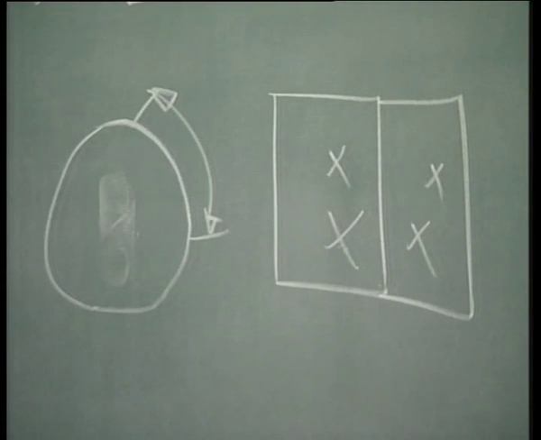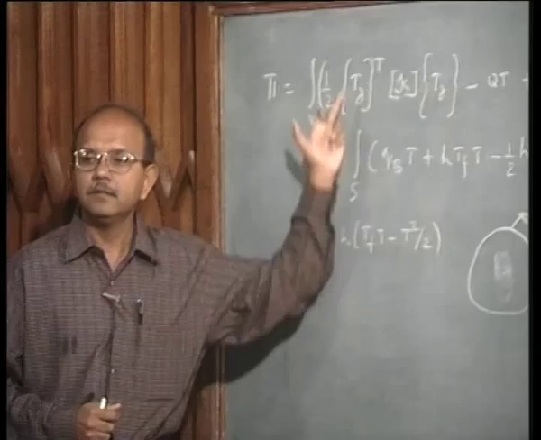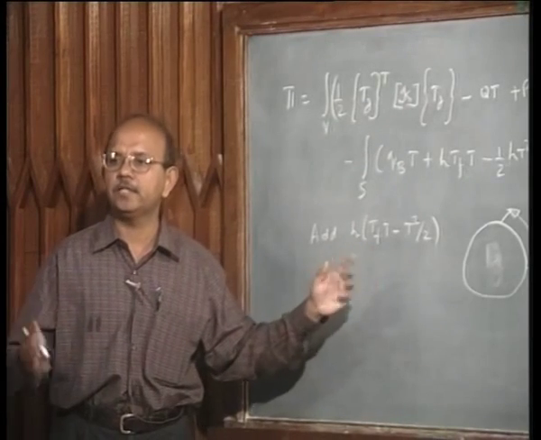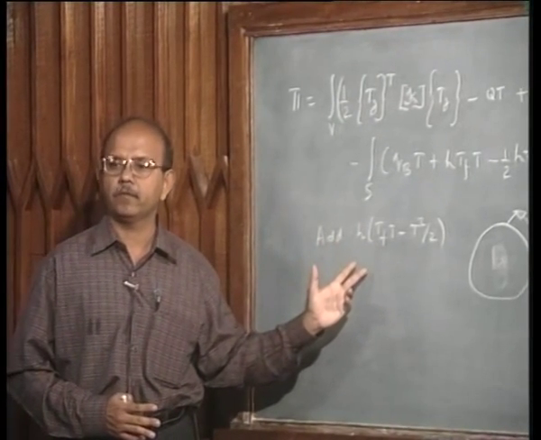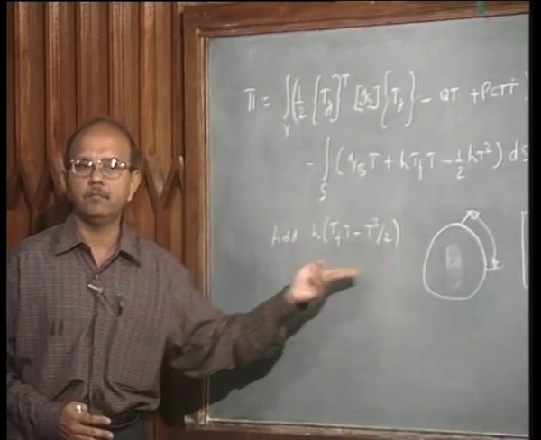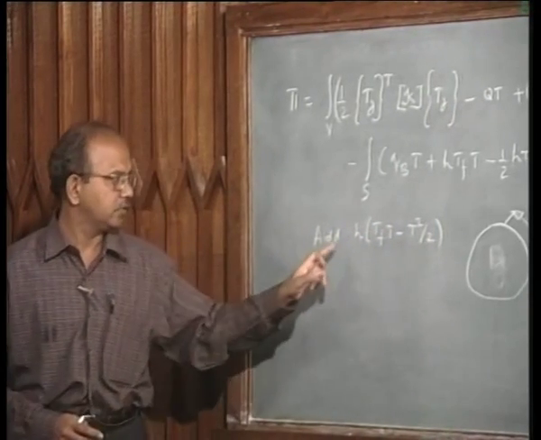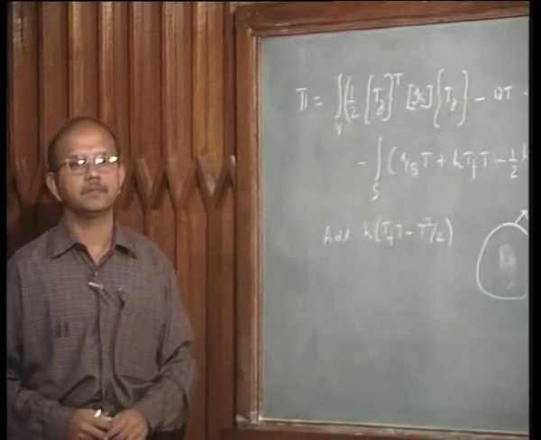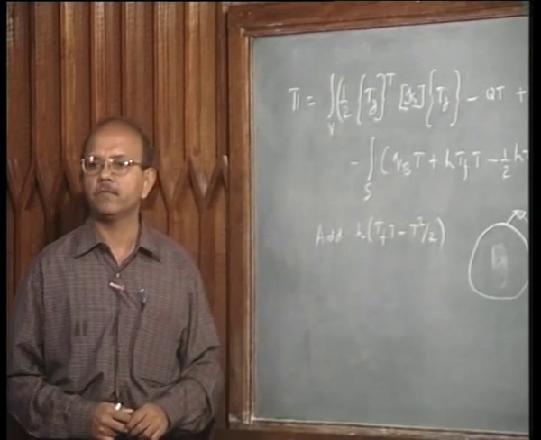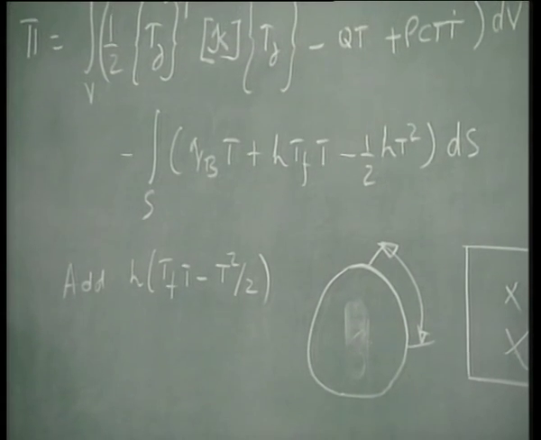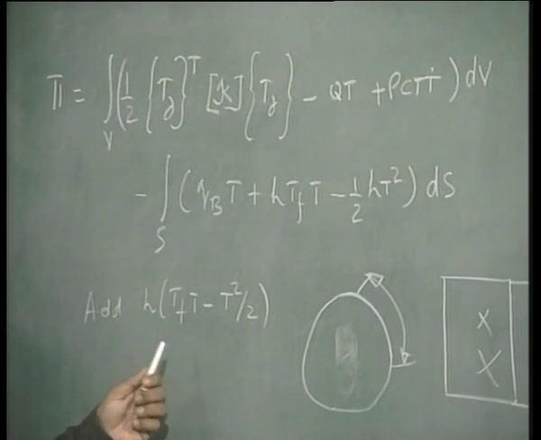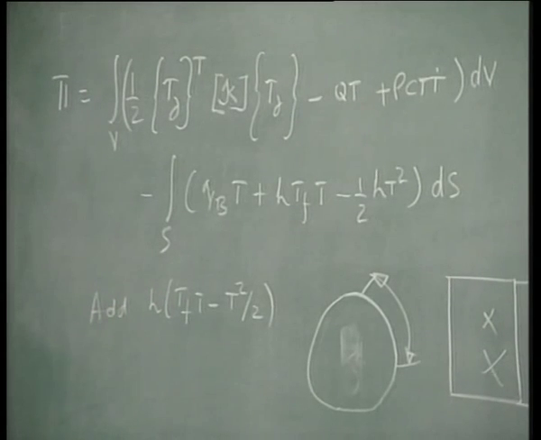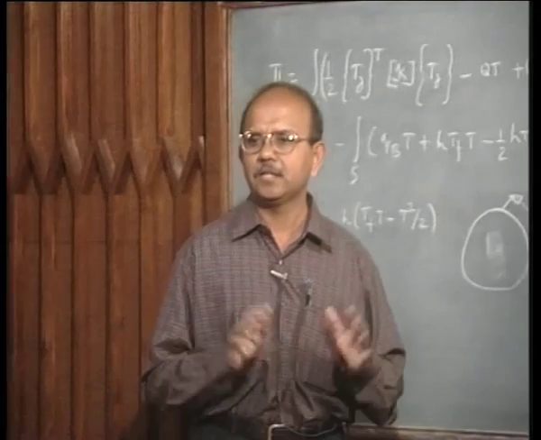In which case you have to modify this functional with an additional term for one side. If there are two sides, two terms, right, with an additional term which is given by this equation. Look at this equation. So, that equation is added to this. Is that clear? We will keep that aside for the time being, because it is very simple to add it, it is no big deal, because we are going to proceed very logically. So, there is not a problem.